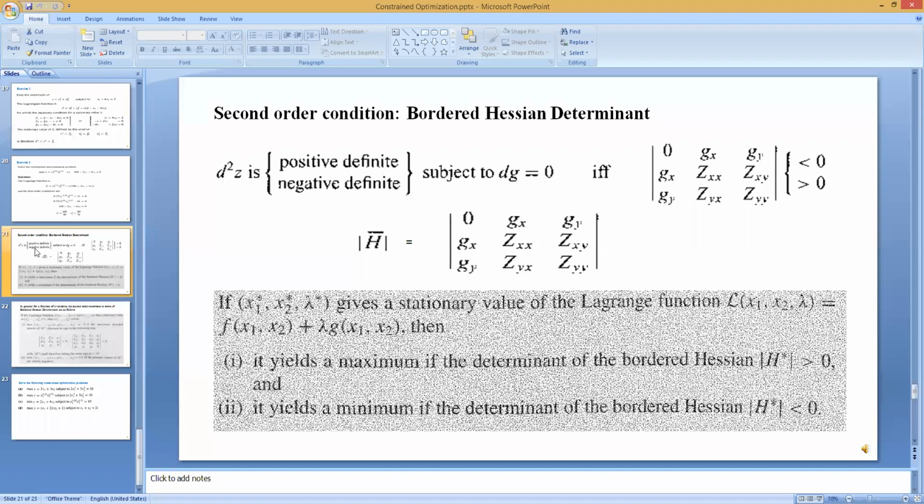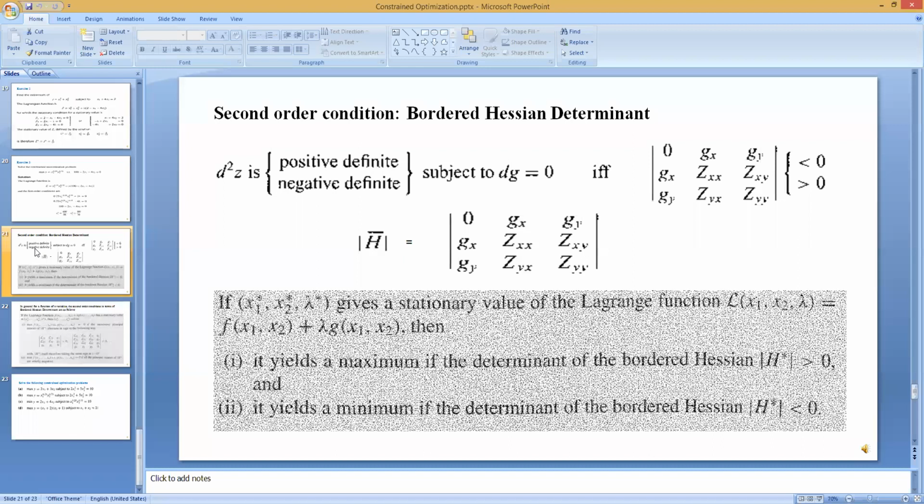I'm repeating, d square z is positive definite subject to dg is equal to 0. dg is coming from the constraint, if and only if the second order bordered Hessian determinant